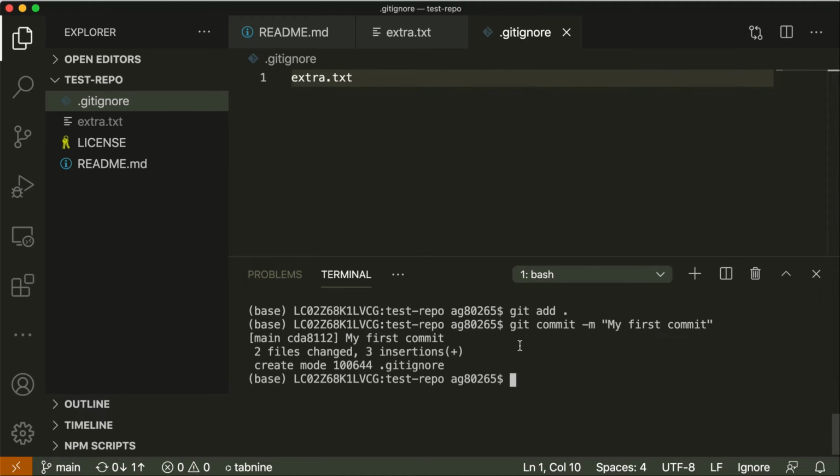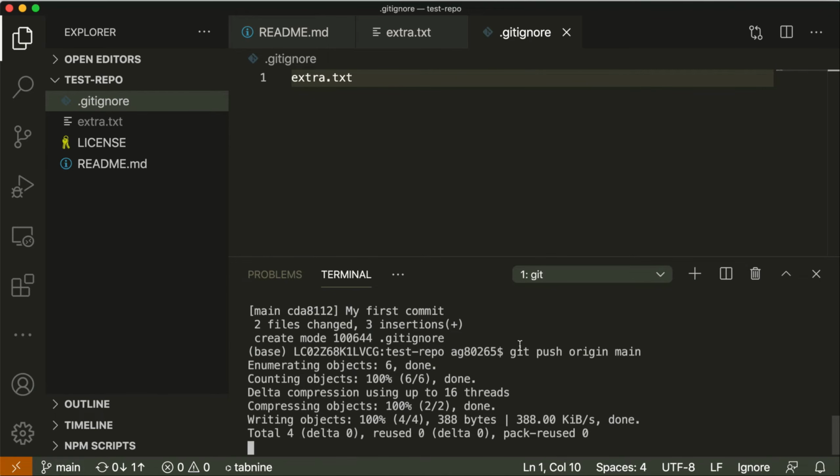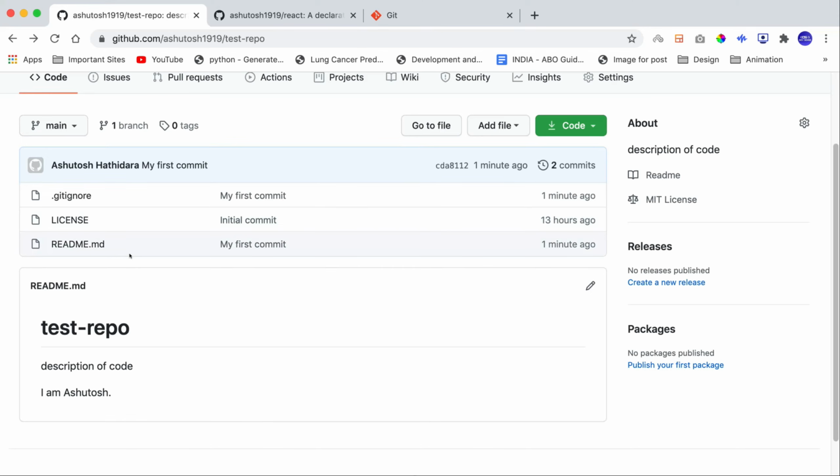Run command git push. Then we need to specify which repository we want to push. So the remote repository is called origin by default. So we will write origin and then the branch we want to push these changes to, that is main. Don't worry if you didn't understand about origin and branch. For origin, I will be going to talk in depth in next video along with upstream, and branch we are going to cover in next few minutes. So anyways, if you execute this command, it will push the changes to your GitHub repository. Now if you go back to GitHub and refresh the page, then you can see that the changes are synchronized. The content in the README has changed and gitignore file is also created.